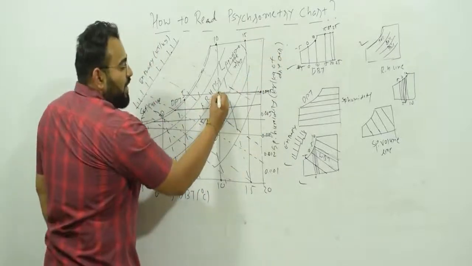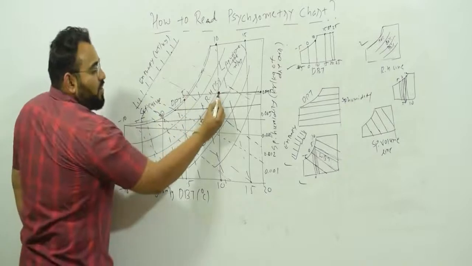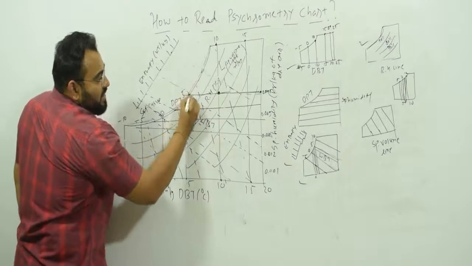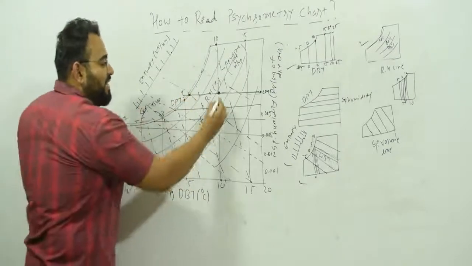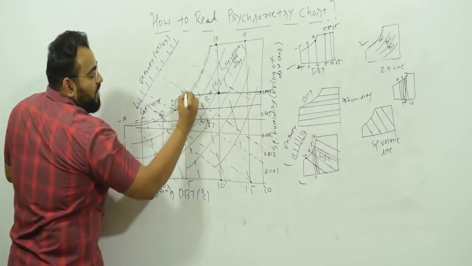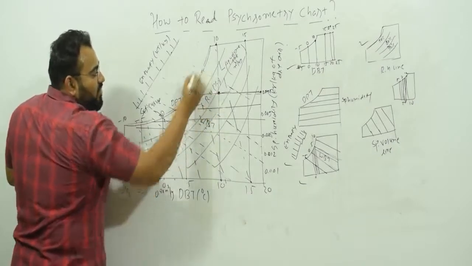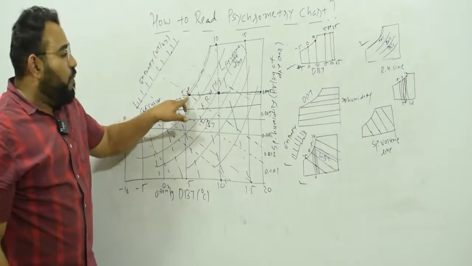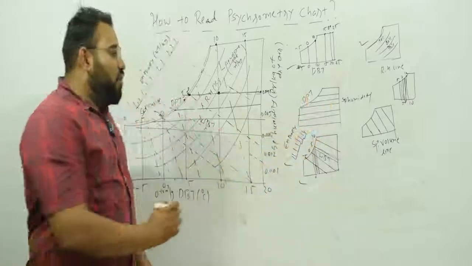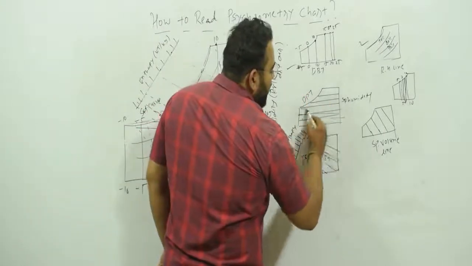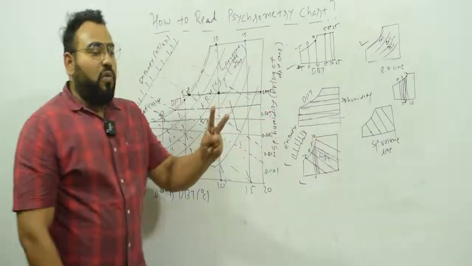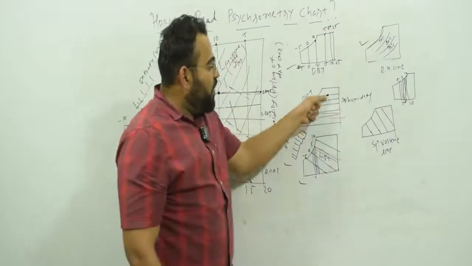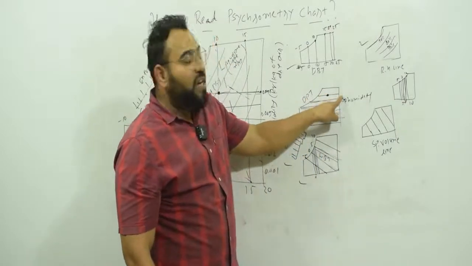In the same way, let's say you have located this point over here. From this point, draw a straight line up to the saturation curve. Wherever it intersects, it shows the dew point temperature. So let's say if 5 degrees Celsius is written over here, that means for this point the dew point temperature is 5 degrees Celsius. All the horizontal lines show two values, specific humidity and dew point. So from this point, go up to here, and whatever value is written shows the specific humidity.